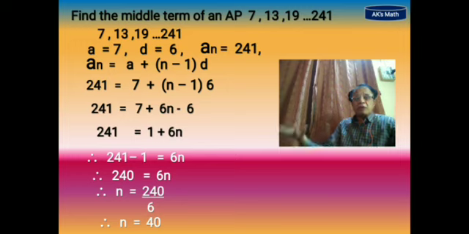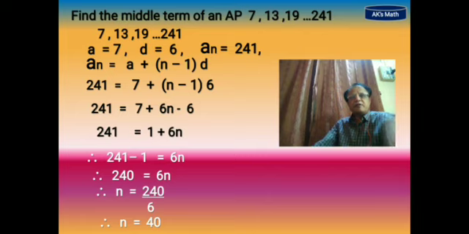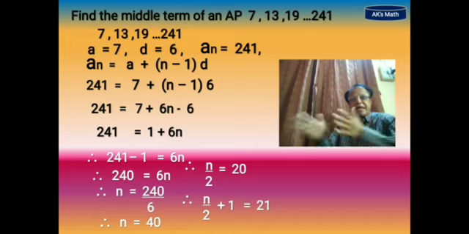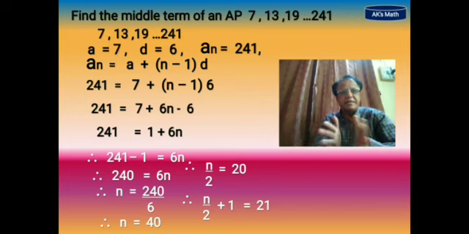So now how to find the middle term? It is the main question. Which is the middle term? So from this n, again find out n by 2. n by 2 is equal to 20 number and n by 2 plus 1 is equal to 21 number. So we can write that 20 and 21. 40 टर्म है वो एपी में. ये जो सामने दिख रही जो एपी जो है उसमें 40 टर्म है.